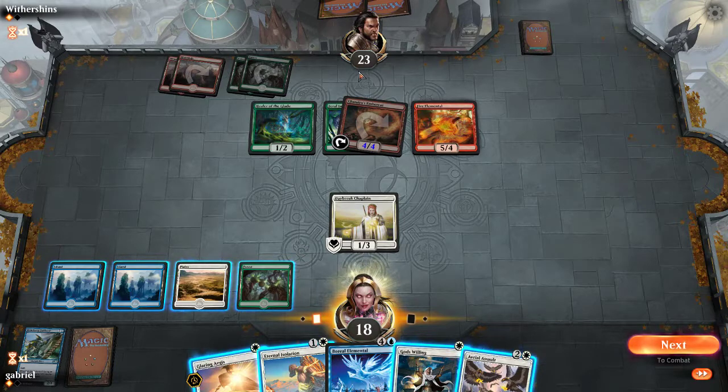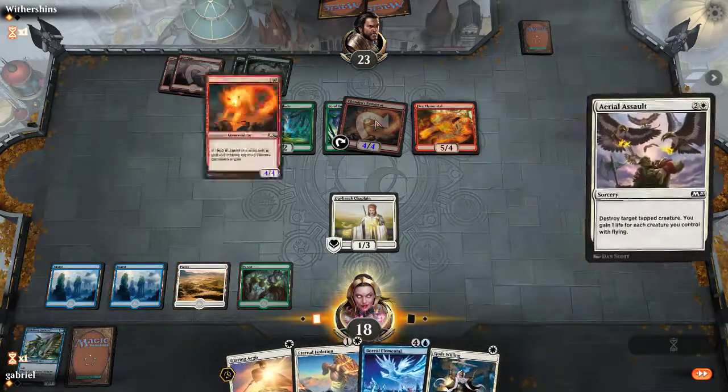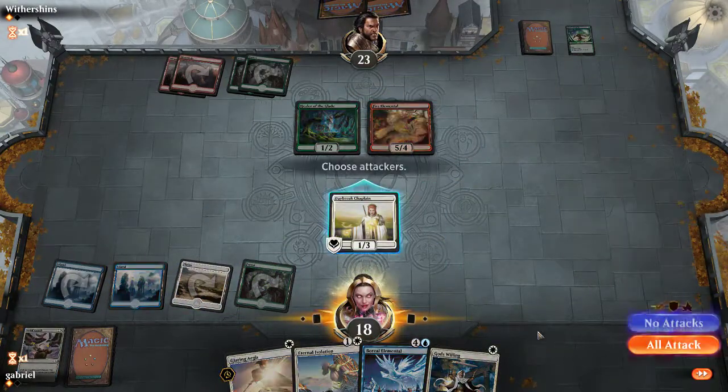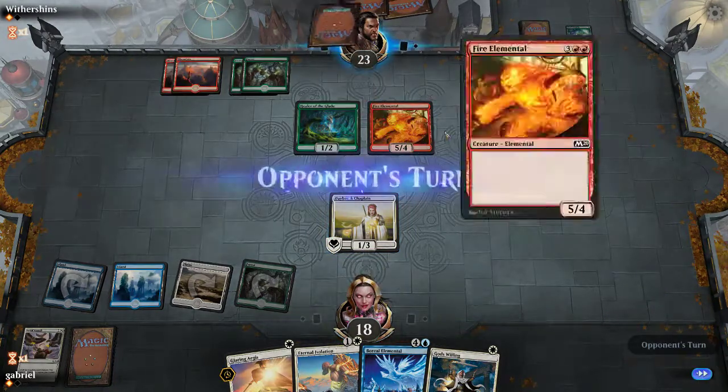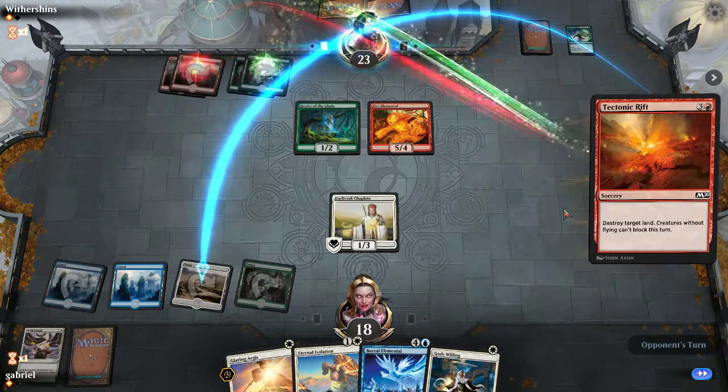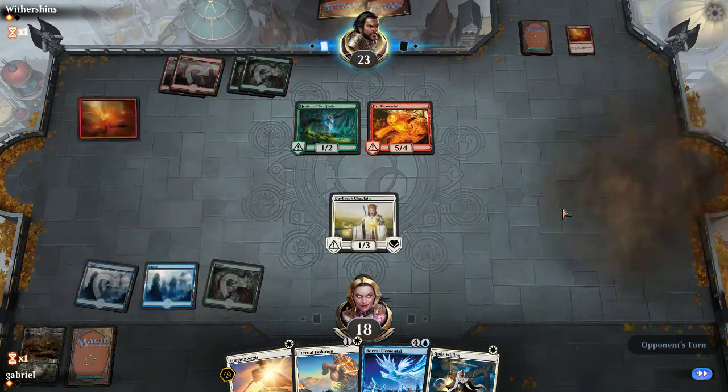Is it better to use the Aerial Assault now, or the Isolation? I really don't want him to pump out more stuff. Like, if he has another Fire Elemental and no lands in hand, I really don't want him to put out another Fire Elemental right there now. And I'm willing to take an extra damage for that. Tectonic Rift to destroy our white...